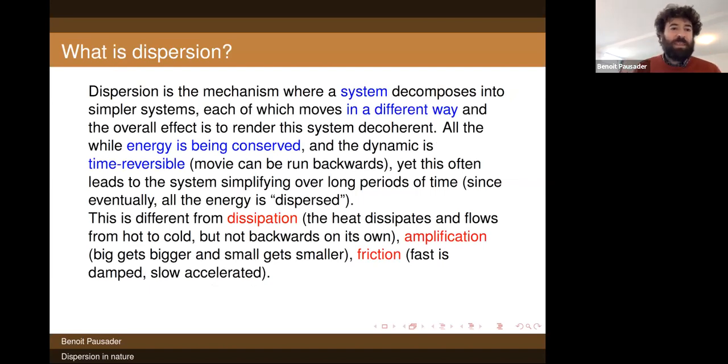All right, let me go and try to introduce the main thing that I'm trying to understand in my work, and it is dispersion. Now dispersion is something hard to really explain or pin down, and yet it's everywhere. It's one of those examples of a universal phenomenon that is under the hood of a lot of things, but it's not so direct. It's a general way for a system to evolve, whereby this system is made of a lot of different smaller packets, and each of those packets has a life of its own and moves in a different way. And so, as a result, this is going to make the system decoherent when everything moves away from each other,